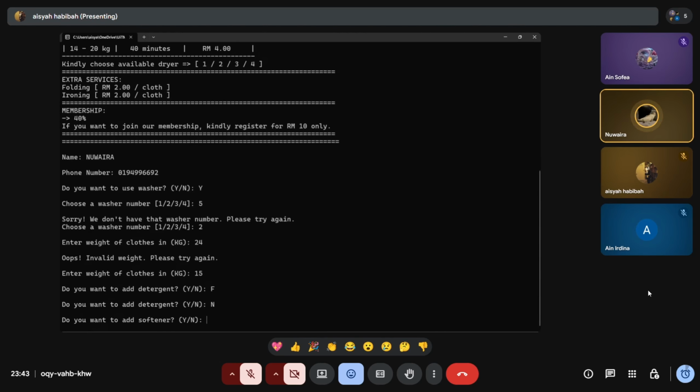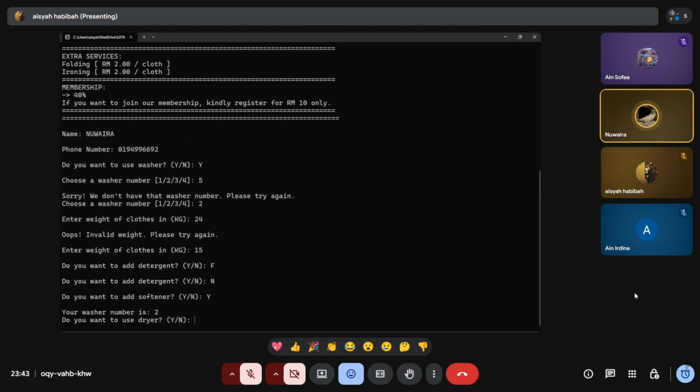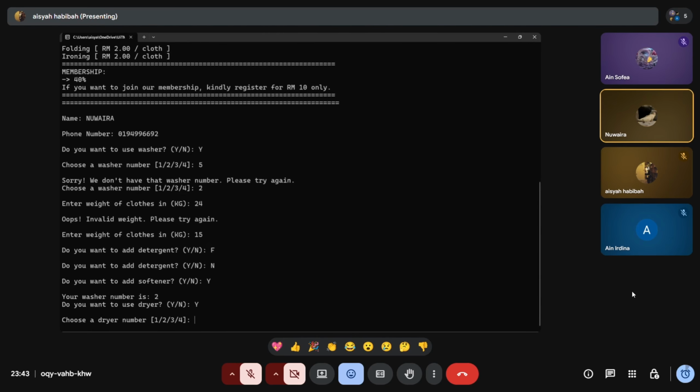and then it will ask the user if they want to use softener. So I will choose Y, and then it will display the washer number that I chose, which is 2, and then it will proceed to the next dryer function. It will ask the user to input whether they want to use the dryer, so I will choose Y, and then it will ask the user for the dryer number they want to use, so I will choose 3,